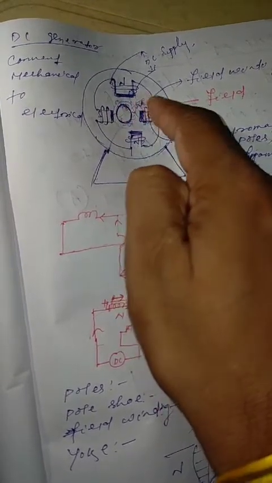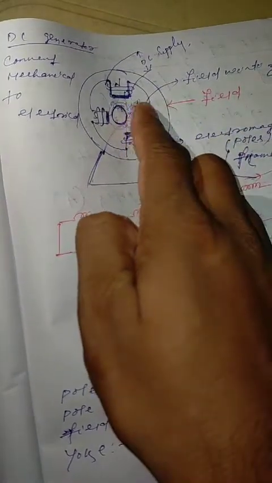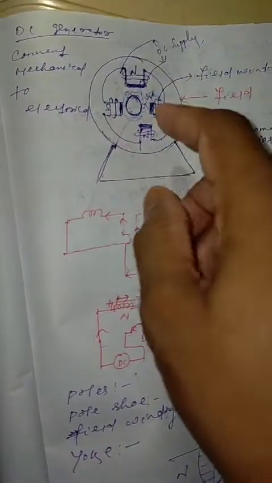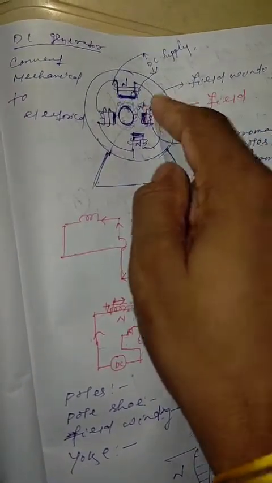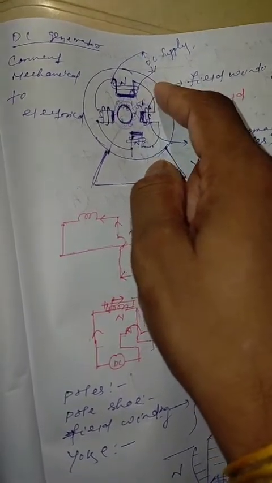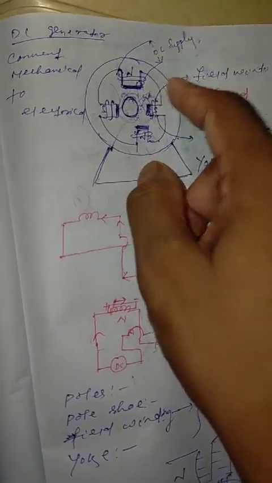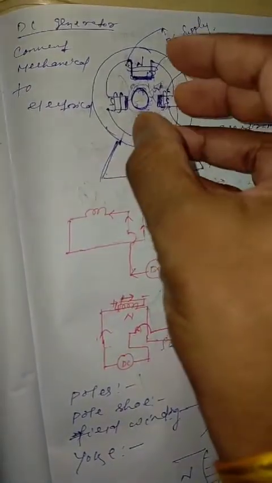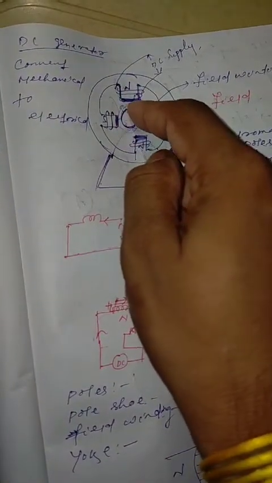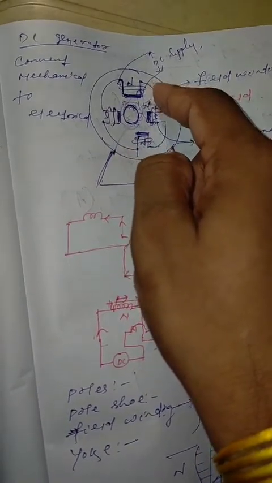Now the original flux from the field will be adding with the armature flux. Suppose initially you have 2 Weber of flux. After addition we have 4 Weber, which is definitely greater than the flux earlier. Now under that 4 Weber flux, once it is rotated again, some amount of flux will again be added to this 4 Weber, maybe 8 Weber, maybe 10 Weber next, maybe 20 Weber.